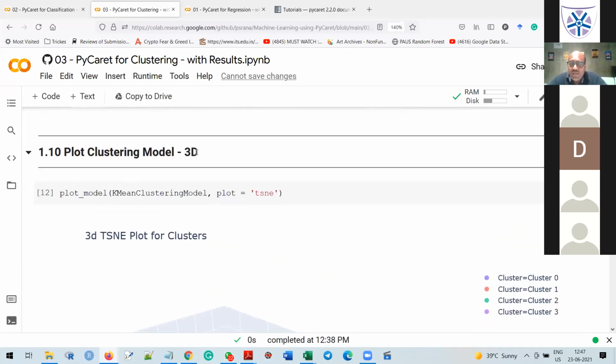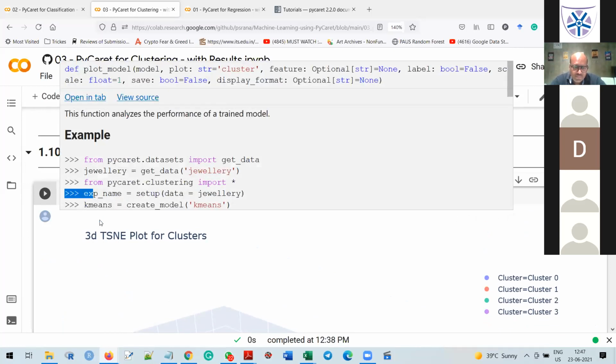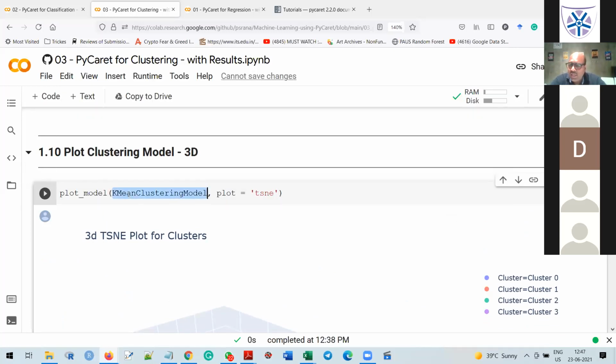How exactly do we build a 3D plot? We want to visualize our clusters in 3 dimensions. Class, what exactly did I do? Plot_model, then my model name, and plot equal to TSNE. We need to provide this TSNE variable.